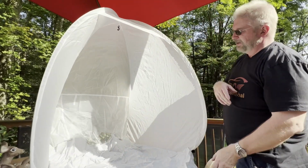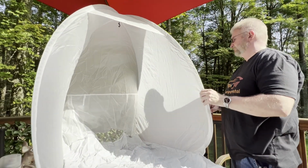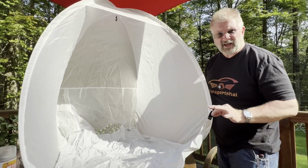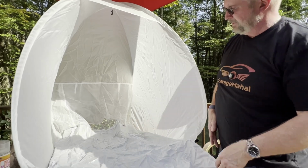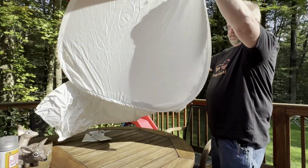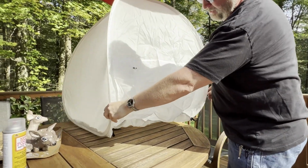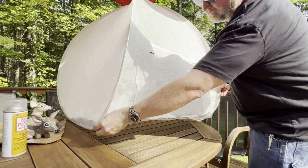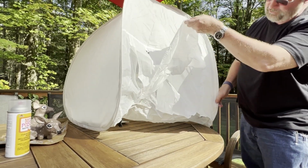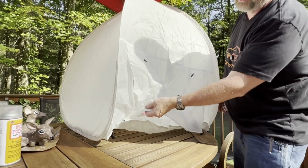So it's got a nice little ventilation window in the back. And that sits up. And you can put this in your yard and stake that down with these little flaps. So on the back, it's got some Velcro that holds this window down. It's got some toggles, so when you fold this up,